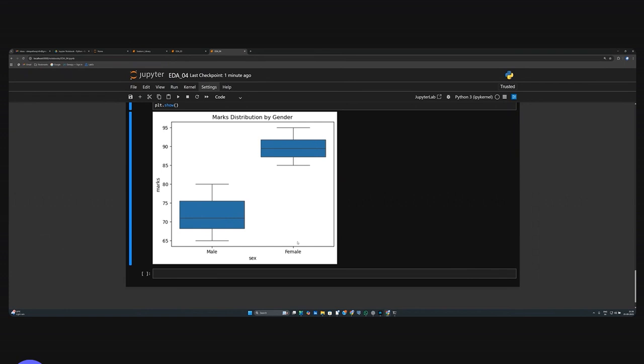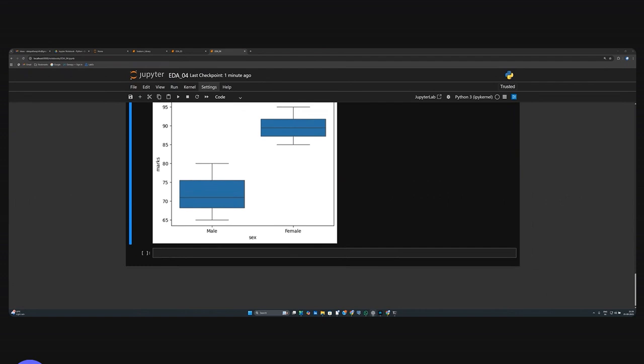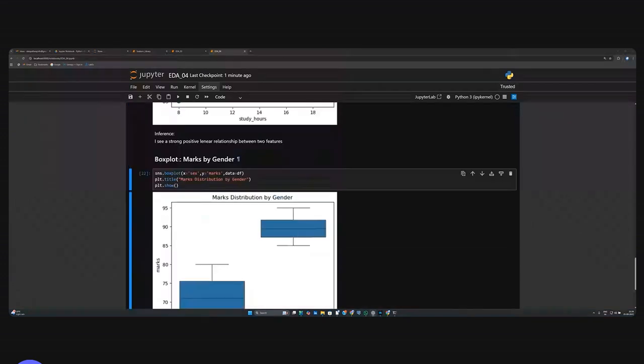Maybe it could be a typo error or some system error. That is what you have to go back to the business team and ask: I see this discrepancy, is it correct or incorrect? If they say these are typo errors, you can correct it or you can treat it. We'll see all those things in the next session next week. Clear, guys? So far, okay. Now we will also see